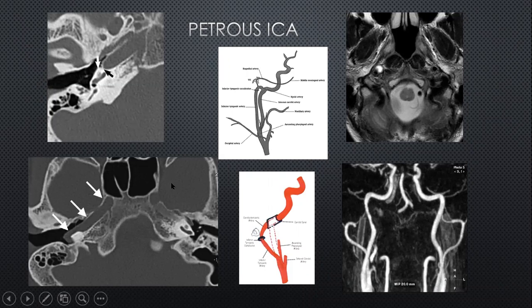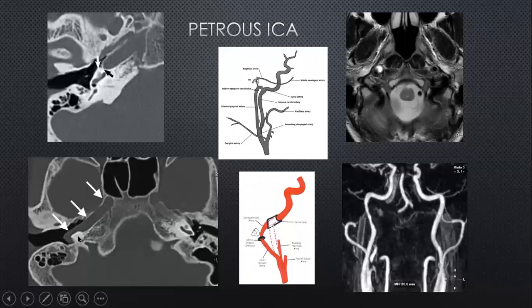This is a normal course of the left internal carotid, should be somewhere around here, but here you have got a much more lateral course compared to this one. These are the inner ear structures, the cochlea. You can see where the carotid is in relation to that, and you can see where the carotid is much more lateral and much more posterior because of this anomalous development.